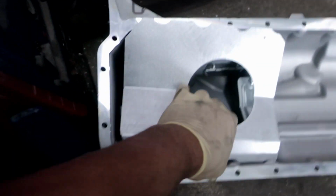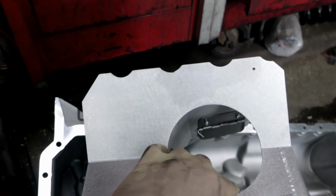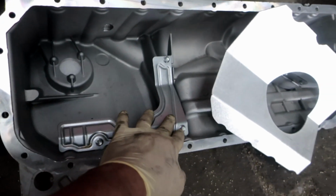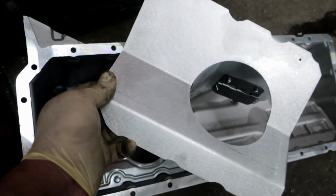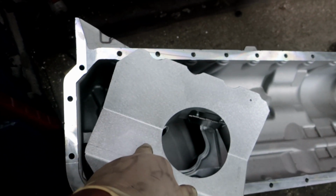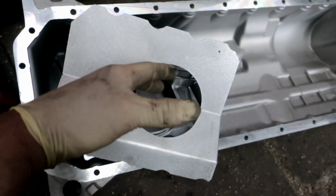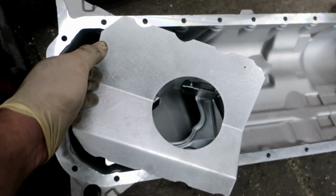I got this thing in today. This is like a baffle, cost me like with shipping $168 to be exact. And you know the drill with this. Remove this stock one and put this in there. Reason why I'm doing this, 2 reasons. If I'm sliding, don't want the engine to starve with oil and mess up. And the next reason, because the engine turned sideways, I didn't want to like get the